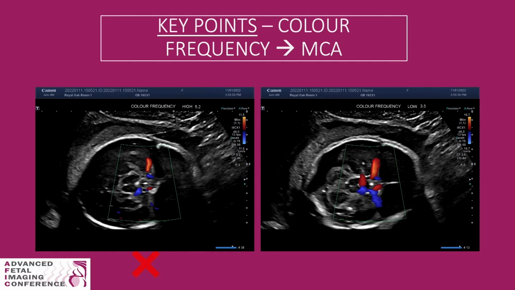Our final example is of the middle cerebral artery for color frequency. The image on the left is set at 5.2, while the image on the right we have lowered the color frequency, or dropped it, to 3.5. Again, you can clearly see a significant change in color fill. Using the color frequency in the same fashion and ease of use as 2D frequency will be a game changer